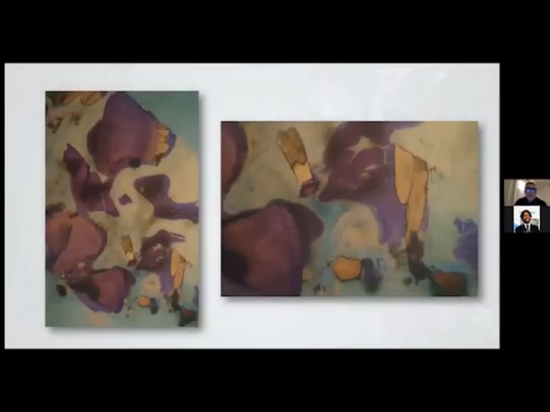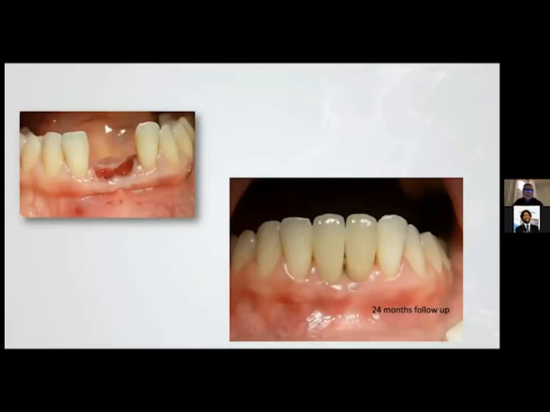In another image, it's possible to observe a piece of dentin with enamel, with the crack, the fracture of the treatment, completely surrounded by new bone. We have a lot of osteocytes in this site, and also this part of enamel completely surrounded by new bone. And this is the result at the end of the treatment after 24 months of follow-up.